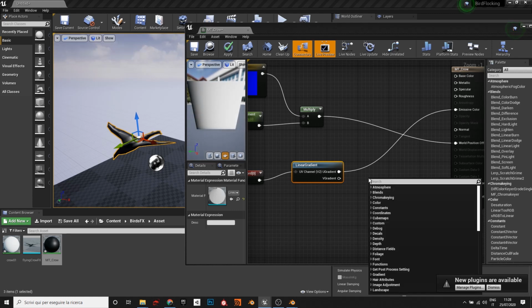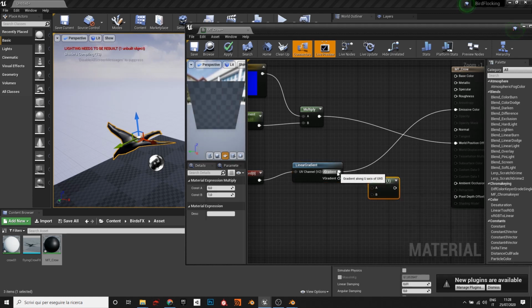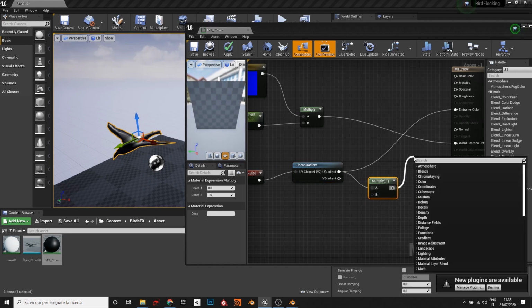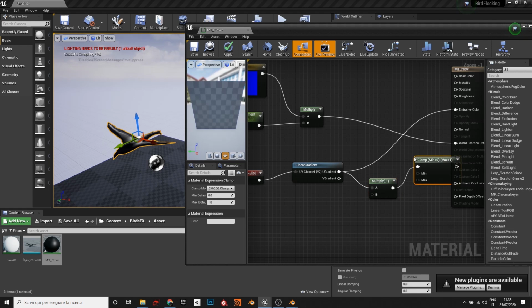Basically, if we multiply it by a constant and we clamp it between 0 and 1,